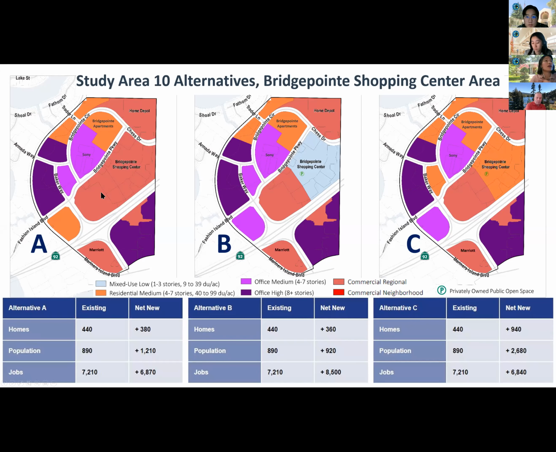Around the study area, for this parcel along Fashion Island Boulevard, there is consideration in A for a medium residential, which is the orange color. B and C would look at maintaining office use, but at a medium height, 4 to 7 stories. Those are the key differences between A, B, and C for study area 10.